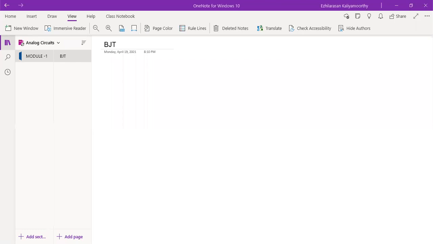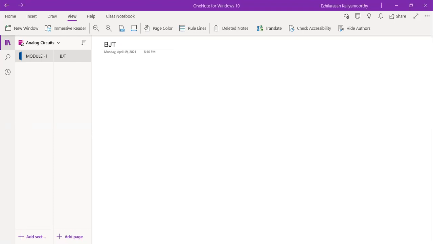Now here, it's a completely quantitative approach. This analog circuit subject is completely a quantitative approach, in the sense it is not a complete theory subject. It's a completely quantitative approach. Here we are going to study everything in quantitative analysis, like the biasings we are going to study. Then we are going to study the models, the small signal model and the large signal model. So these are the things we are going to study.